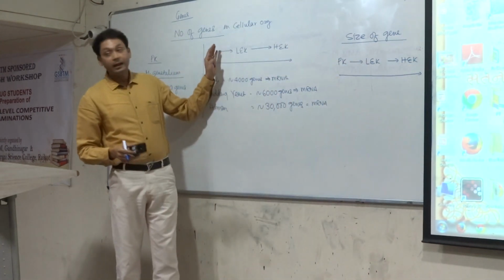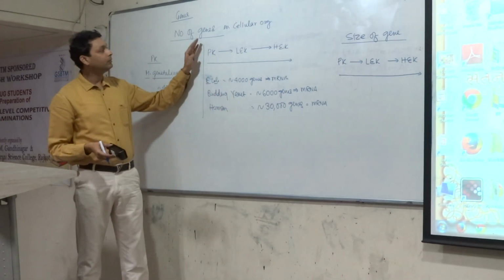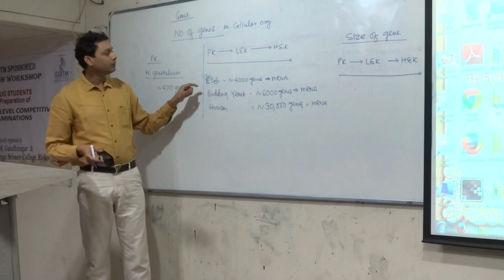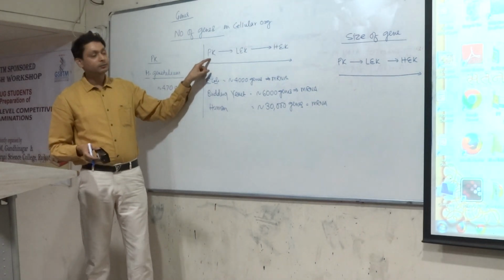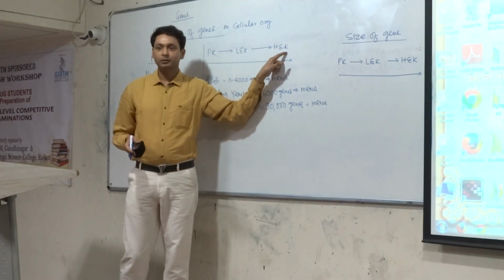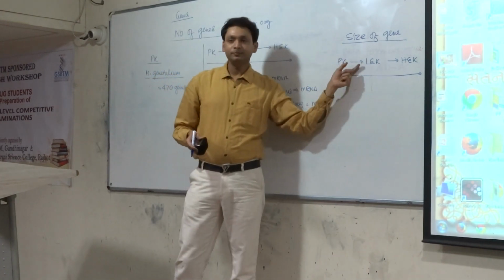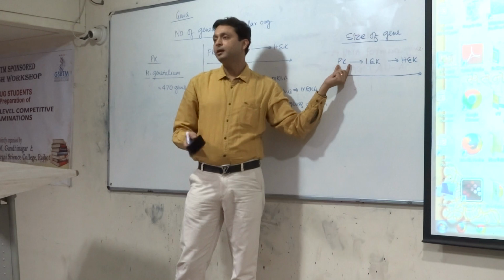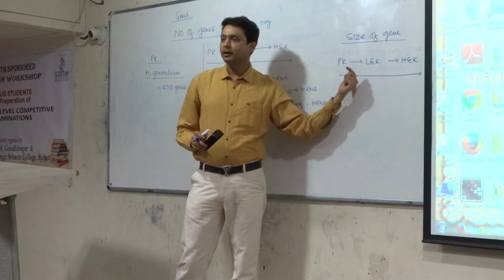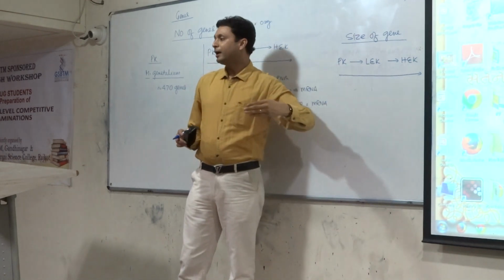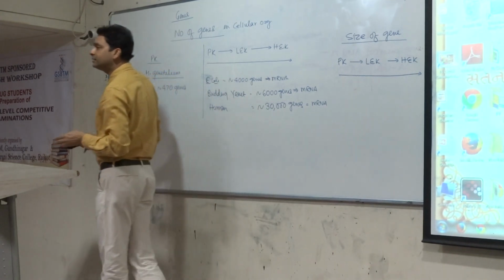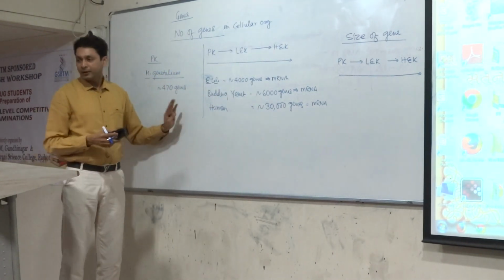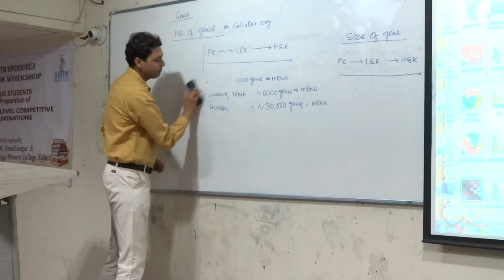So this is a generalized trend of the number of genes and the size of genes. The number of genes you will find less in the case of the prokaryote and more in the case of the higher eukaryote. Similarly, the size of a particular gene you will find lesser in the case of the prokaryote as compared to the higher eukaryote. In the higher eukaryotes, the larger size of the gene is mainly due to the presence of introns. That's it.